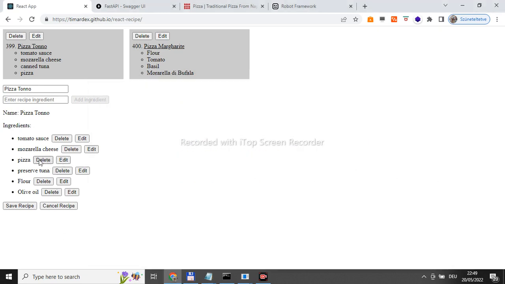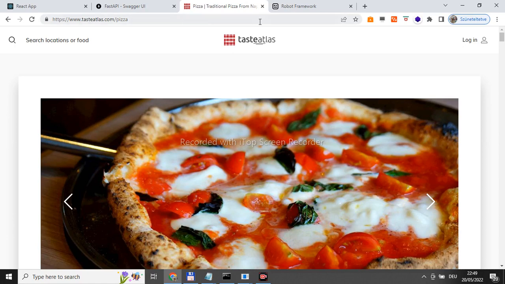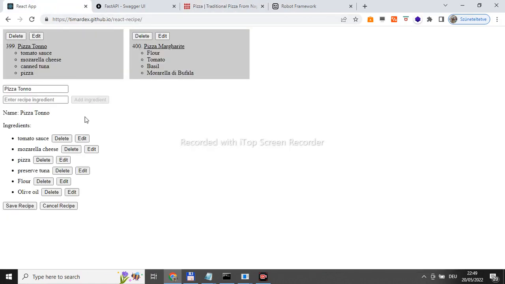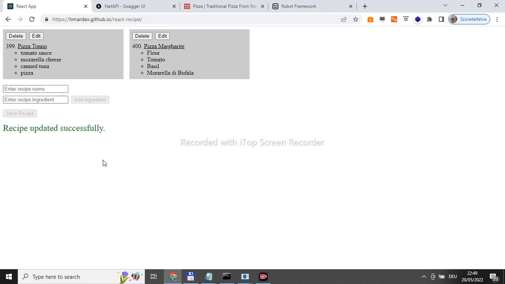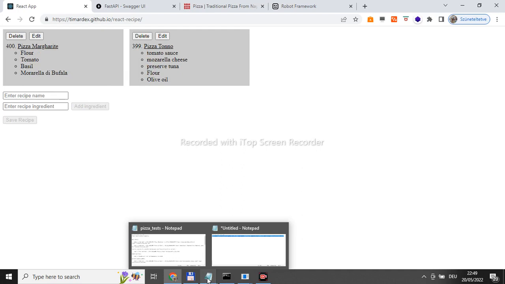The pizza was not in the list of ingredients here, but of course it is there, because when we speak about a pizza, it is a default that the pizza is there, so we can delete it. We set the recipe for pizza tonno, and we can see that